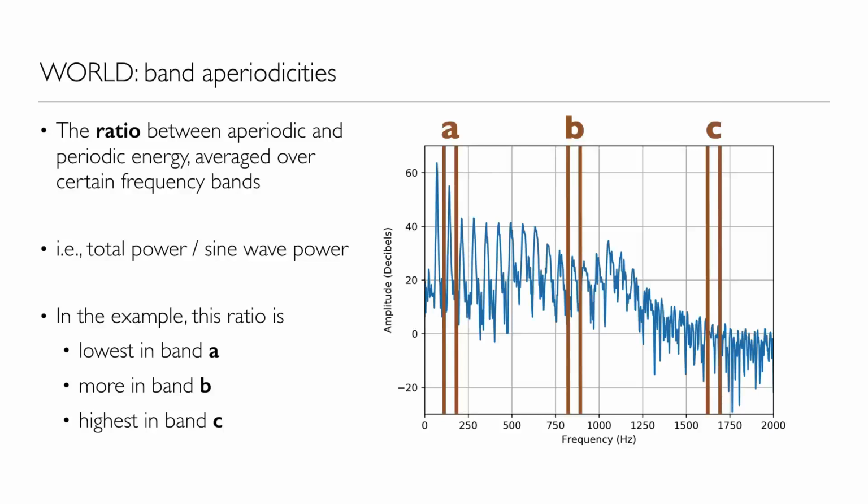And in band C, you'll see that it is completely the opposite. So the band periodicity is defined as the total power inside that band divided by the energy of that spike, which you can define as a sinusoid. In other words, if there are some harmonics in that band, the band periodicity will be low. And if there are no harmonics, and there is more random or aperiodic energy, that value will be higher. So far we have extracted the 3 acoustic features,